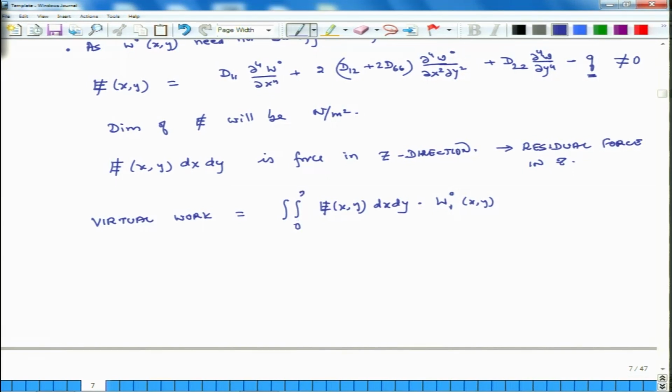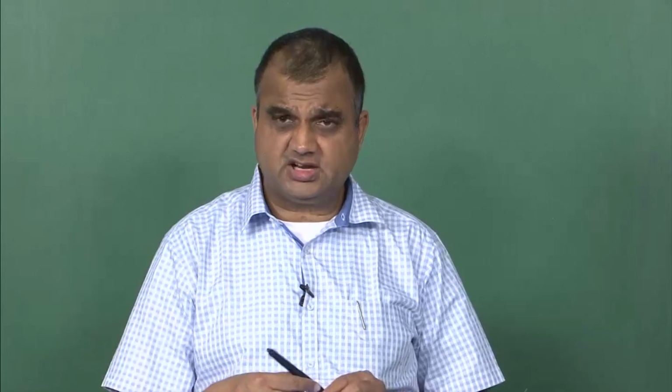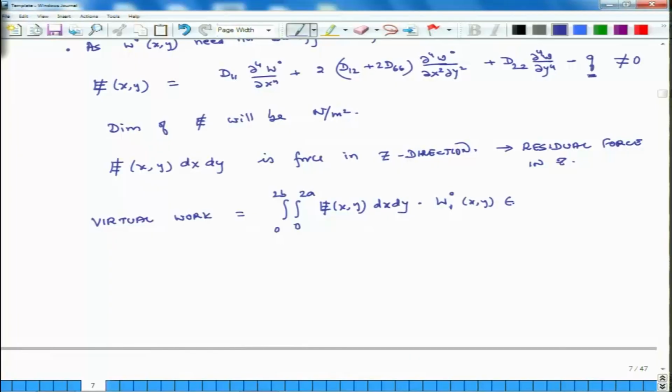So, I am integrating it from 0 to 2a and 0 to 2b, and this virtual displacement is extremely small. So, I multiply it by a parameter epsilon. So, this epsilon you can make it as small as possible, 10 to the power of minus 20, 10 to the power of minus 30, it is just a number, okay. It is just a number. So, I multiply it by a parameter which is extremely small, because these virtual displacements have to be extremely small. So, this is virtual work,